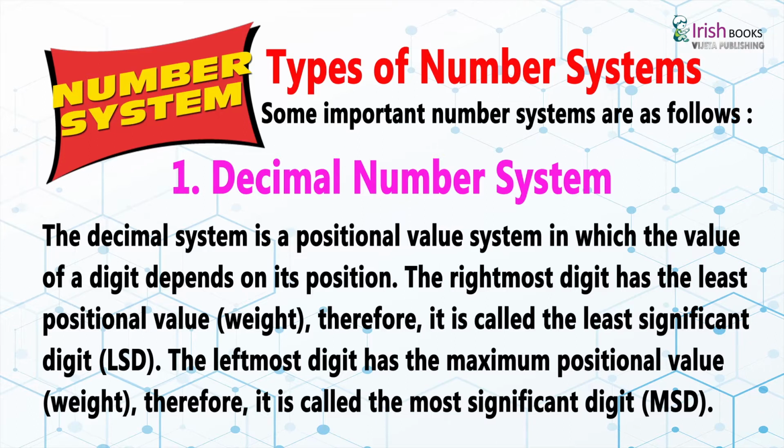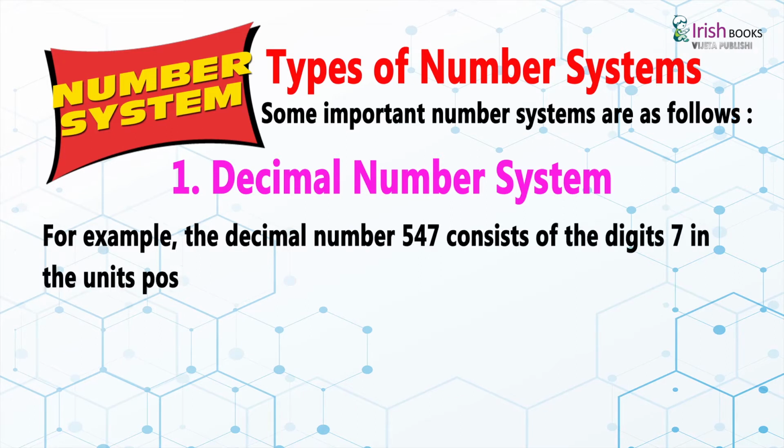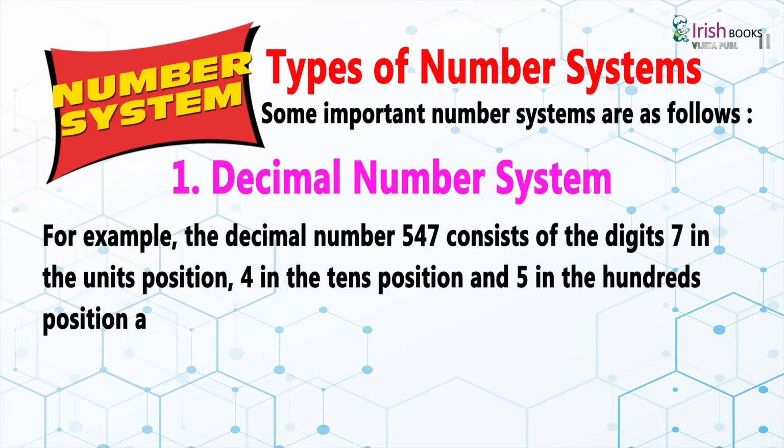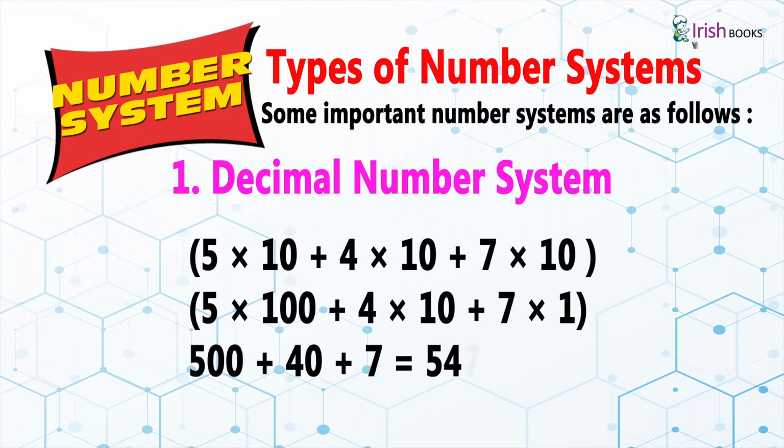For example, the decimal number 547 consists of the digits 7 in the units position, 4 in the tens position and 5 in the hundreds position, and its value can be written as 5 × 10^2 + 4 × 10^1 + 7 × 10^0, 5 × 100